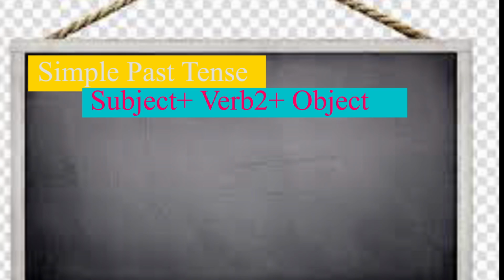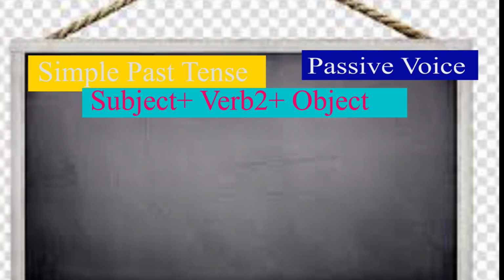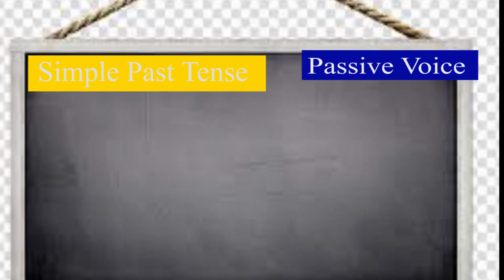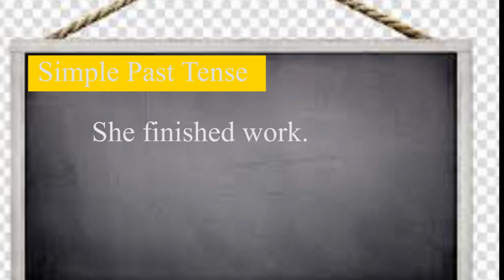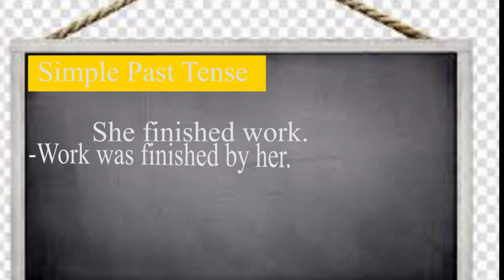Object plus was or were plus the third verb or the past participle. For example: she finished work. She finished work. This is in the active voice. What about in the passive? Work